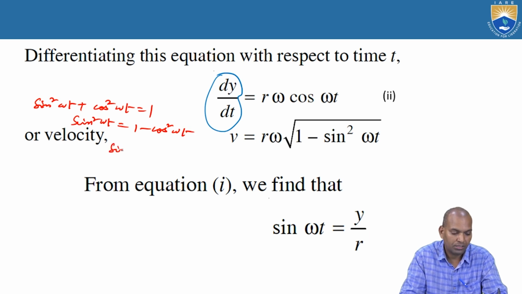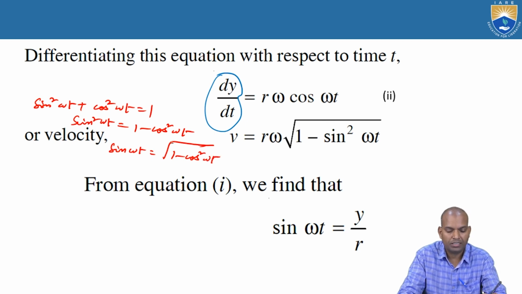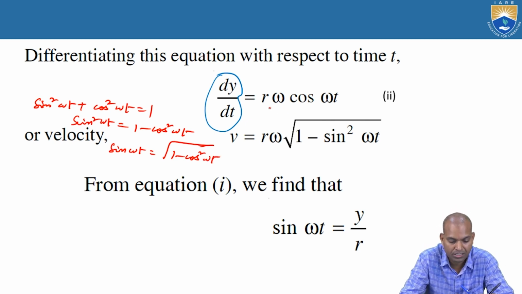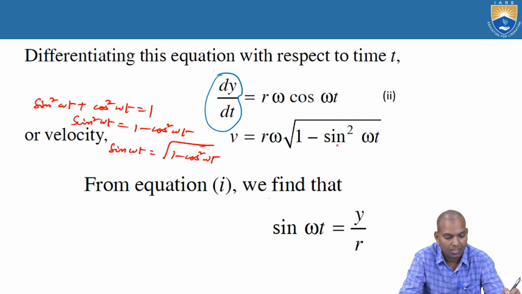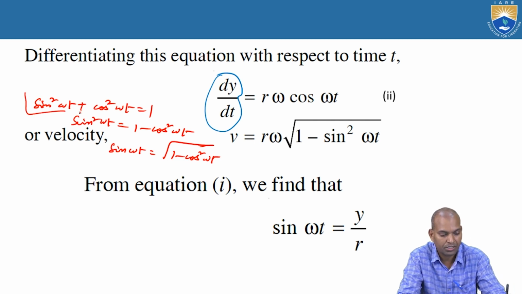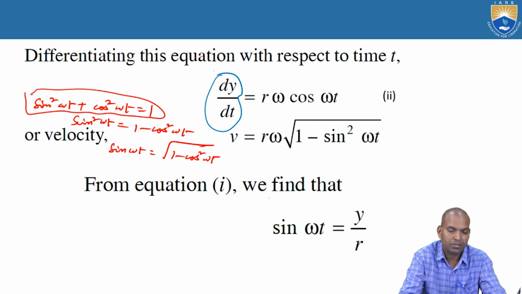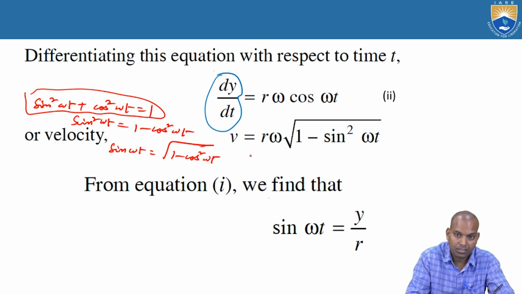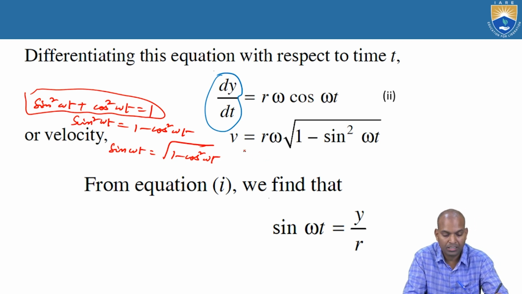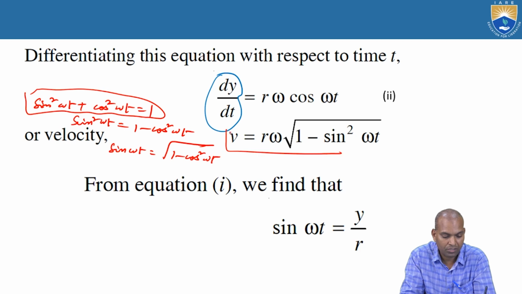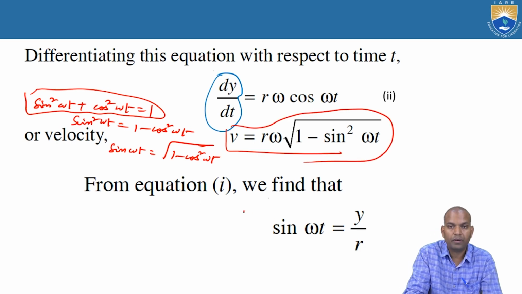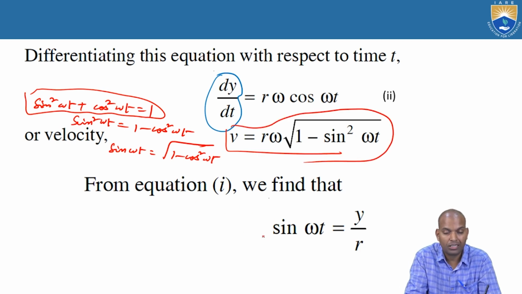Then cos omega t equal to under square root of 1 minus sin square omega t. That is a velocity equation in terms of uniform angular velocity, where r is the